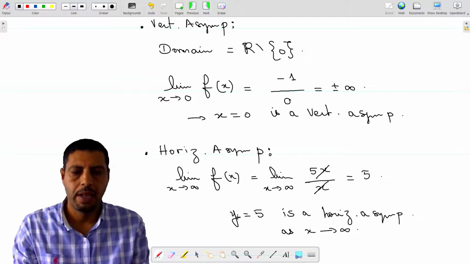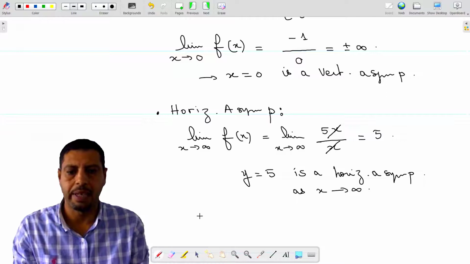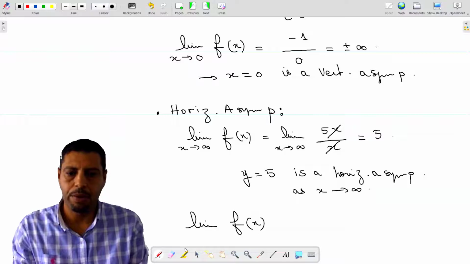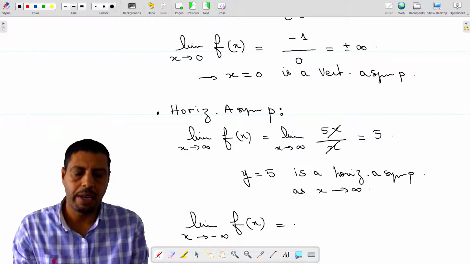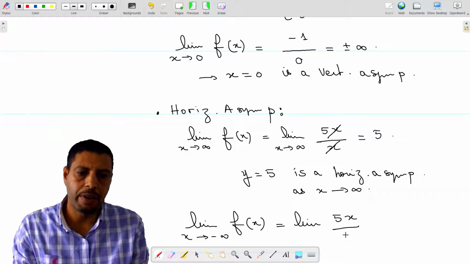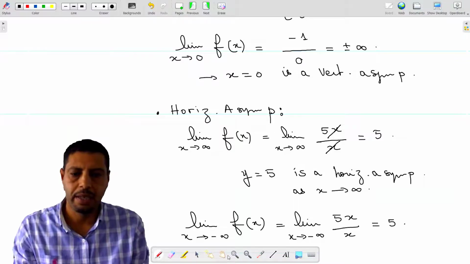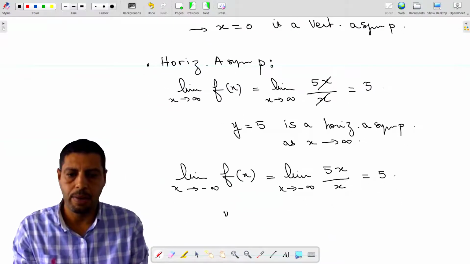Okay, so you have a first horizontal asymptote. Let's check for negative infinity. It means the limit as x approaches negative infinity of f of x. Again, here we use the leading terms rule, and we'll find the same limit since the leading terms are the same, and it will give also 5. So again, here you're going to find a constant. So the equation y equals 5 is a horizontal asymptote